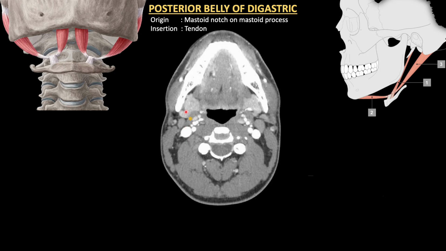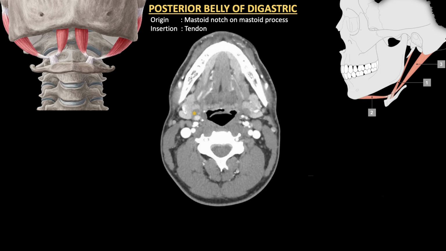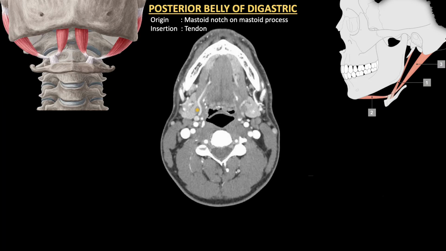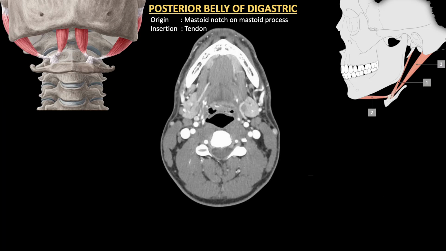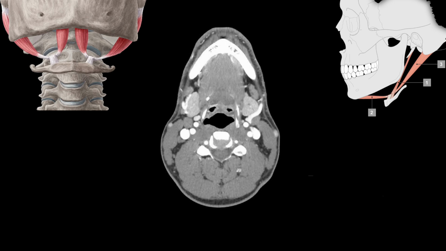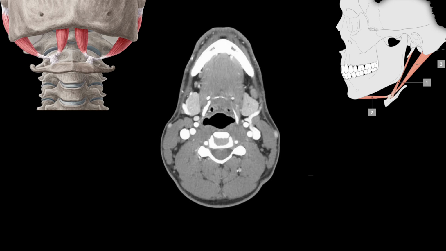So this is exactly where your lymph nodes are, also around the blood vessels. A lot of times, we can confuse it for a lymph node unless you know that there's a muscle that passes through this part. There's a very high chance that you can confuse it to be a lymph node. As we go down, you'll stop seeing it. So now we can't see it anymore, but I'll continue to scroll caudally